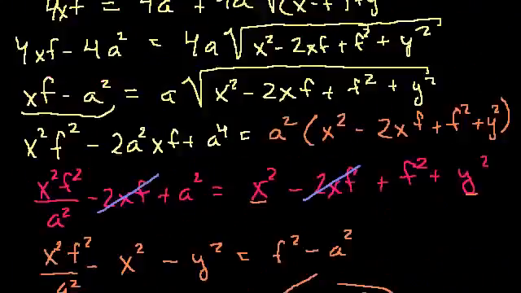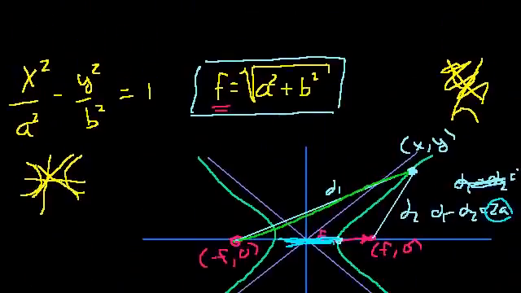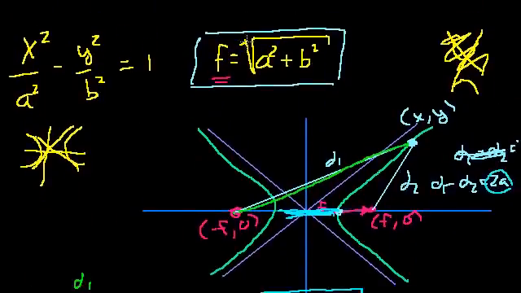And that's what we set out to figure out in the beginning. So hopefully you're now satisfied that the focal length of a hyperbola is the square root of the sum of these two denominators. And it's also true if it's an upward or a vertical hyperbola. And if we're dealing with an ellipse, it's the difference of these two, the square root of the difference of these two